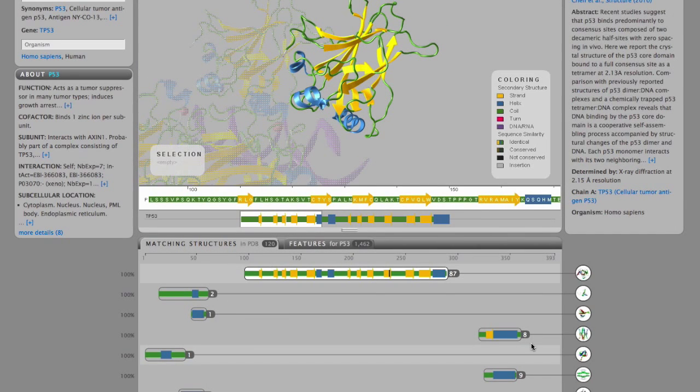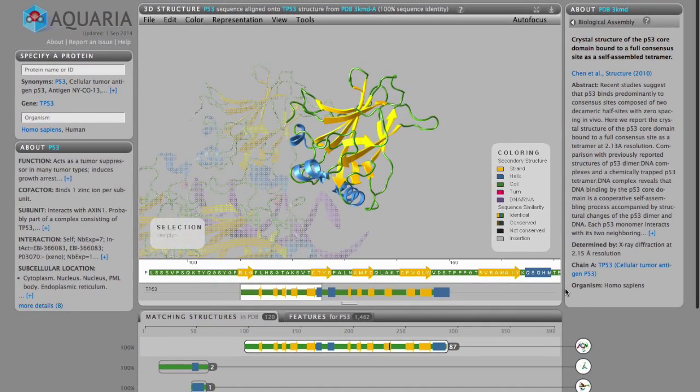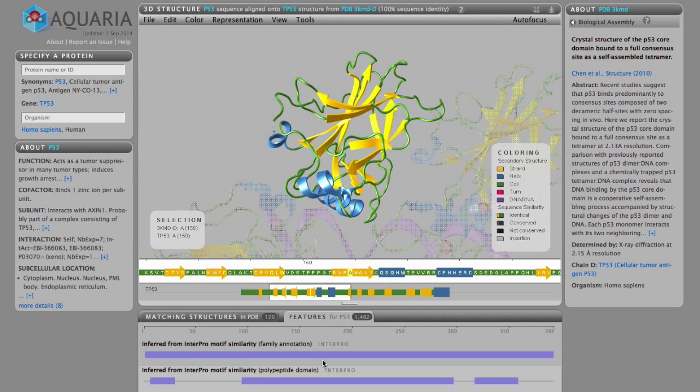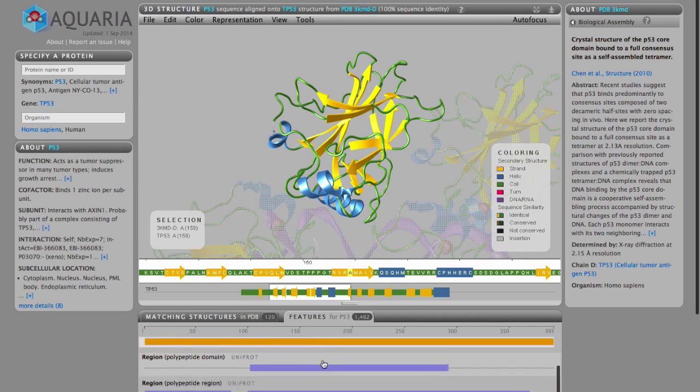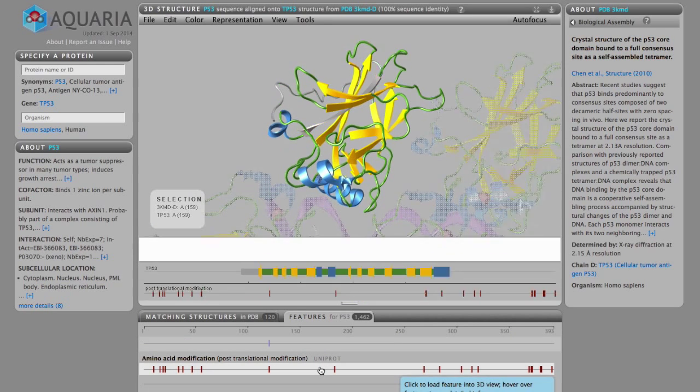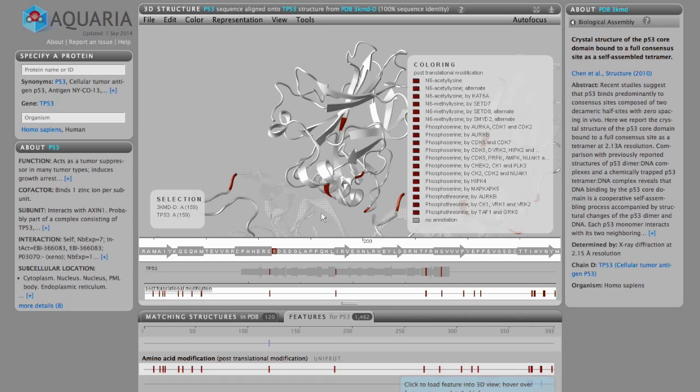When we look at a complex structure such as this one, which contains many different molecules, Aquaria simplifies the view by automatically focusing on one molecule at a time. Clicking on the Features tab accesses a range of InterPro and UniProt features, and clicking on a feature lane changes the molecular coloring, in this case highlighting the residues of P53 that are known to undergo a variety of specific